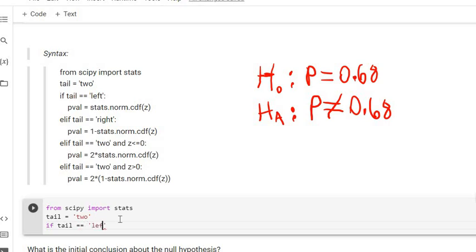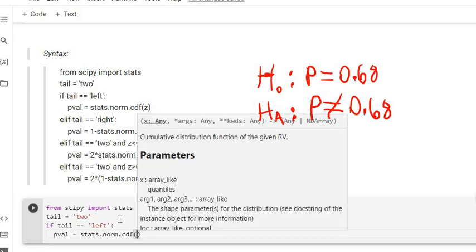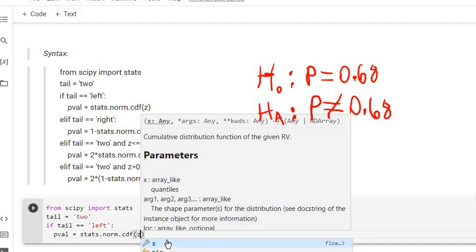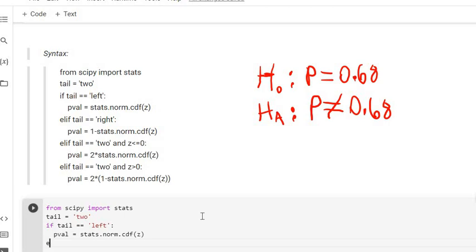So now we're going to tell it what to do if the answer for tail is left. And we put a colon. That colon is important. And then when you press enter, it's going to indent you. So the p-value in this situation is going to be equal to stats.norm.cdf, and then I'm just going to plug in the value that we got for the test statistic, the z-score. Now on the other hand, we're going to do an else if, or elif for short, else if the tail double equals quote right,